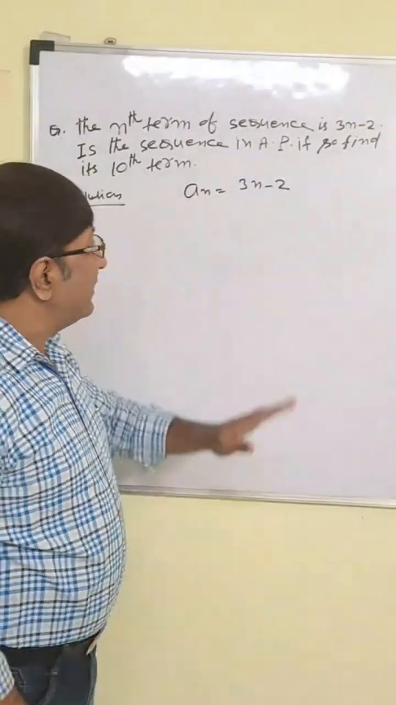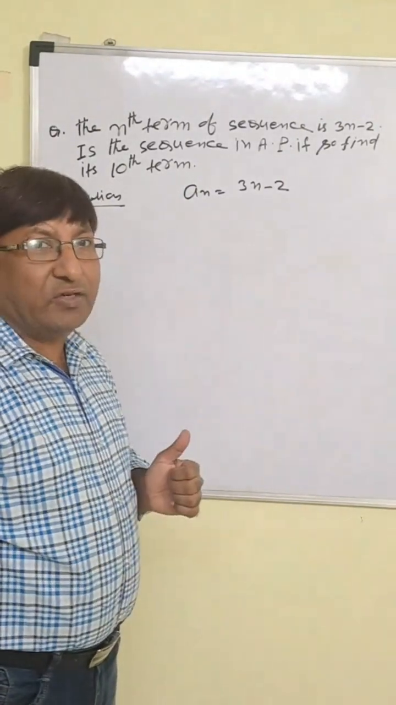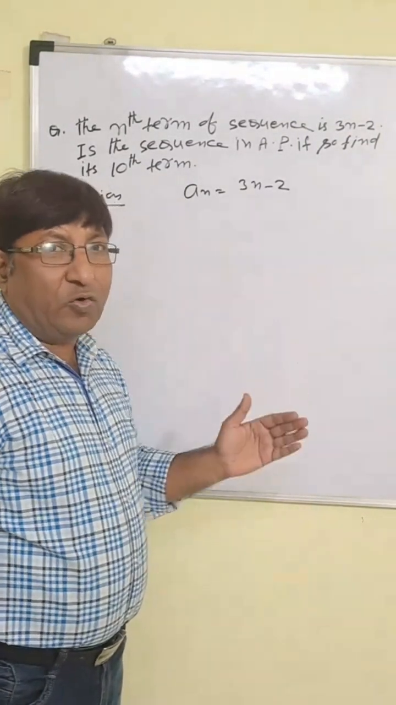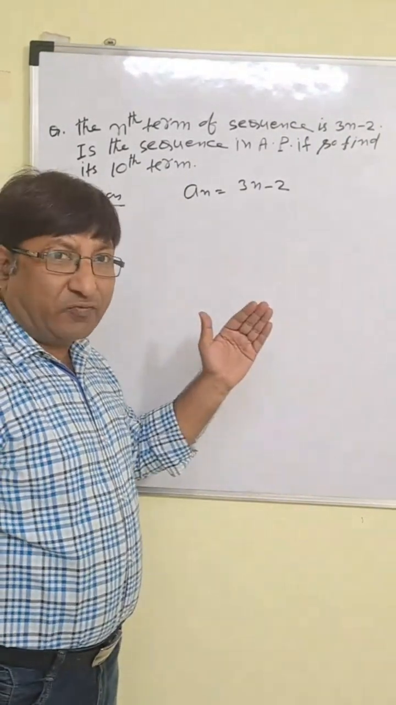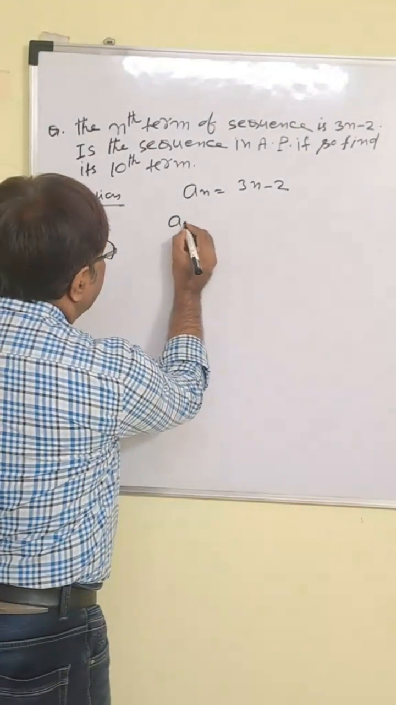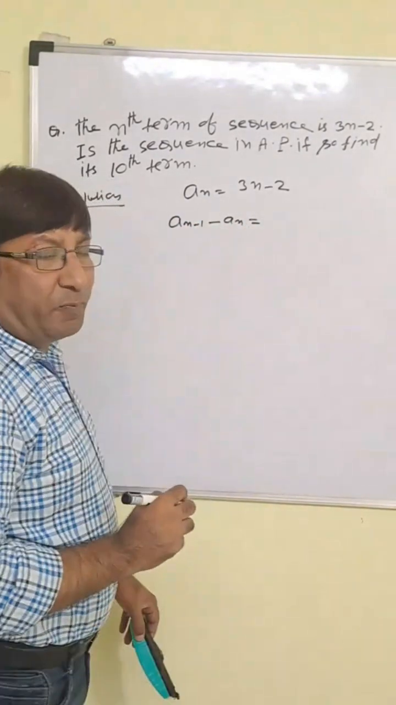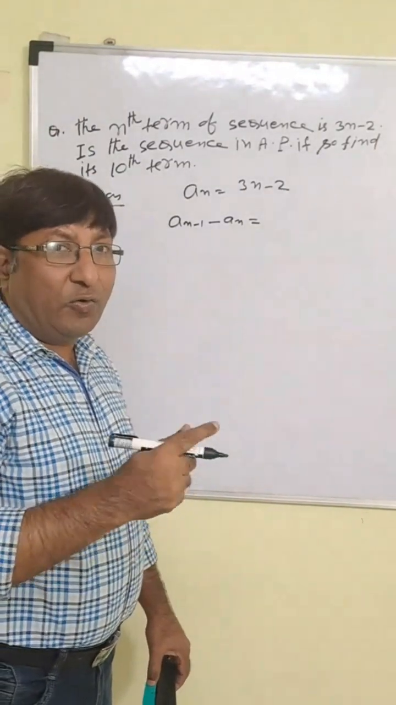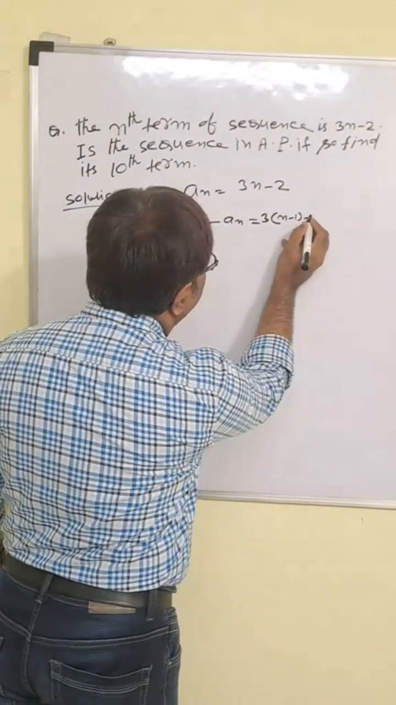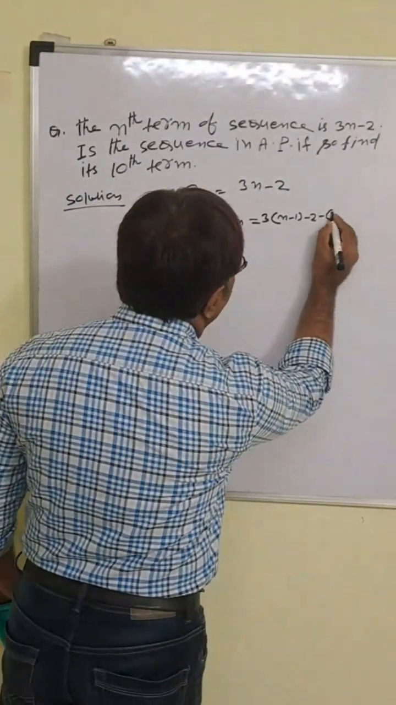Now we have to check: is this sequence in AP? For checking the AP, any sequence will be in AP if an minus 1 minus an equals a constant term. That is, second minus first, third minus second will be the same. So an minus 1 minus an equals what? An minus 1 means put the value of n equal to n minus 1. So we will get 3 into n minus 1 minus 2, and minus an, which is already given as